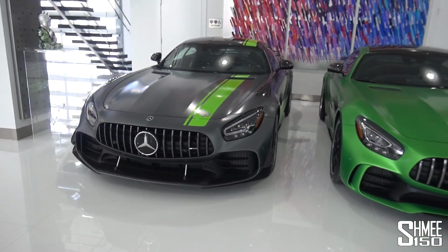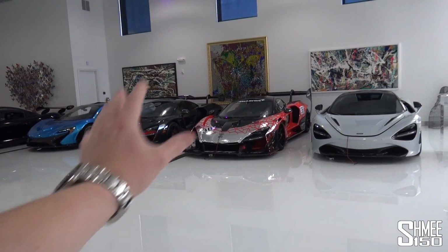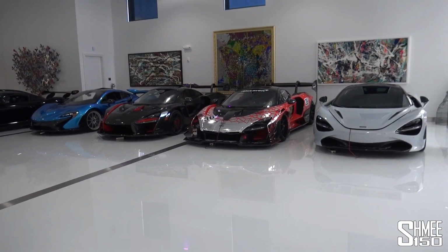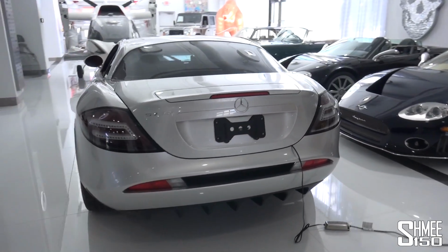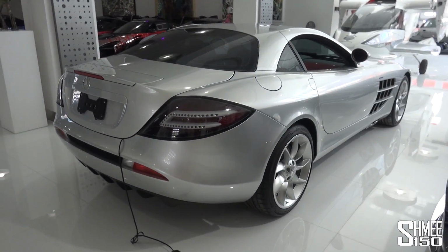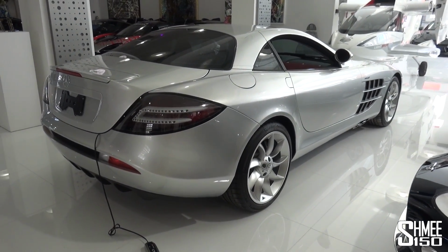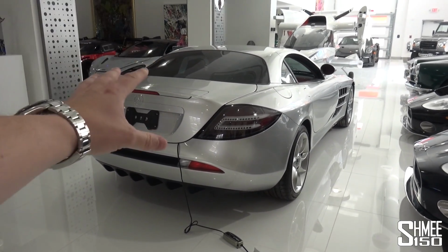But what happens when you combine Mercedes-Benz with McLaren at the time, although technically before McLaren Automotive was around as we know it now, this is the result. The SLR Sportlight Racing, as it translates from German, the collaboration between the two that launched in 2003. Now at the time, Mercedes-Benz had a 40% stake in the McLaren Formula 1 team, so these were actually assembled